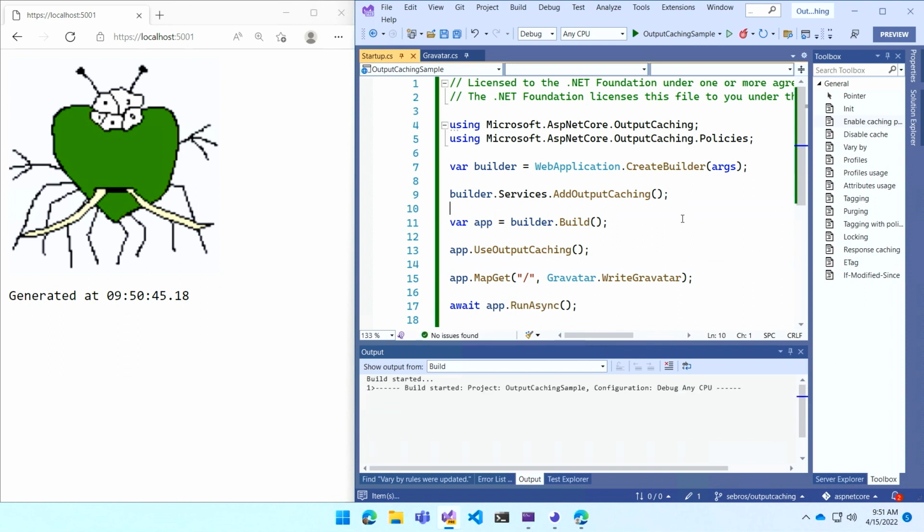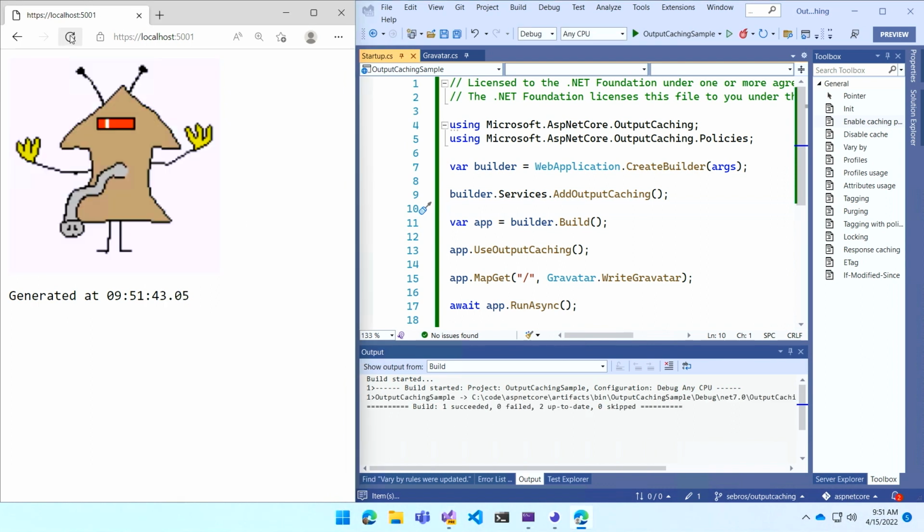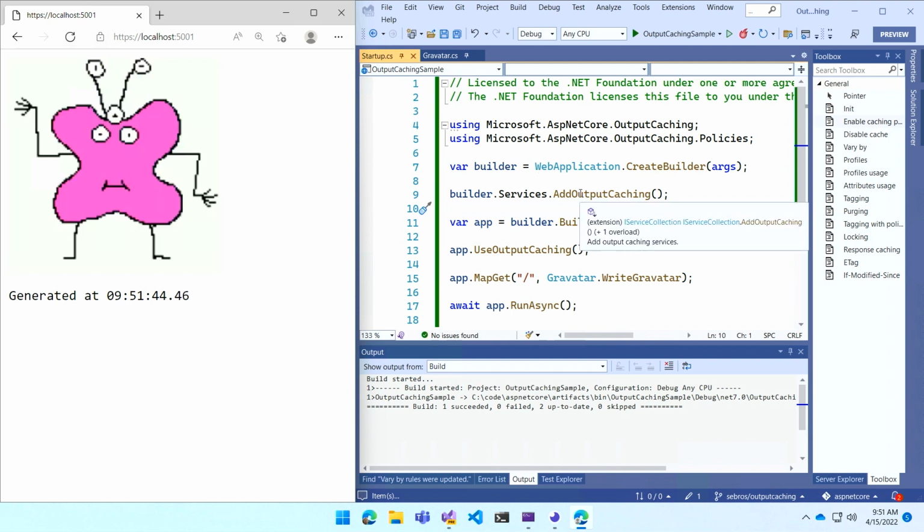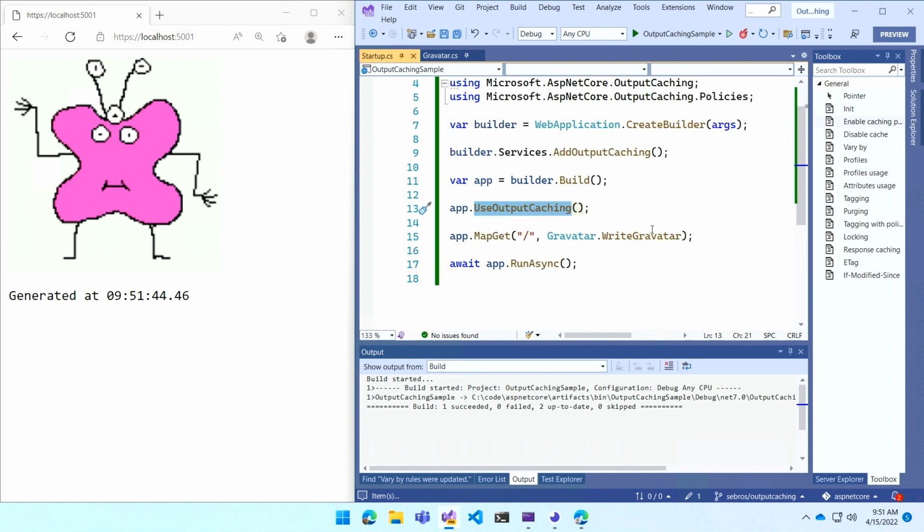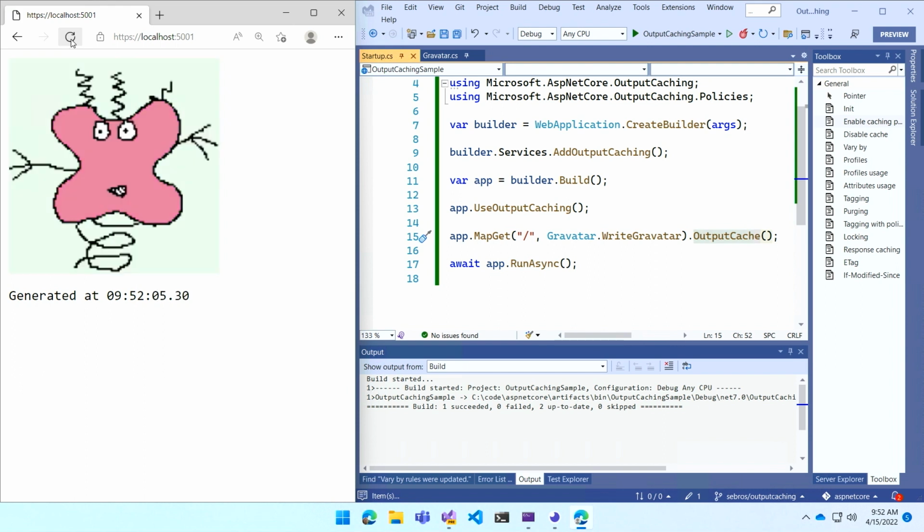If I run this, so it's rebuilding. If I refresh my page, I have a new one, and it's still not cached, because by default, the service and middleware are present, but they don't act on anything by default. So if I want to enable output caching on my home page, I need to invoke, in this case, the .OutputCache extension method on the endpoint. And at that time, if I refresh my page,